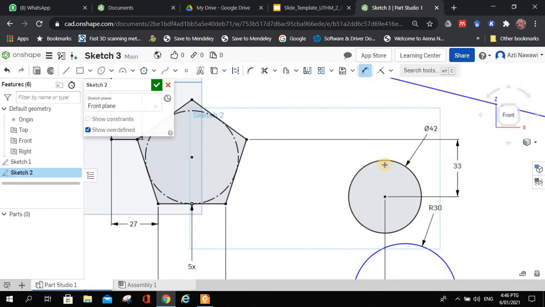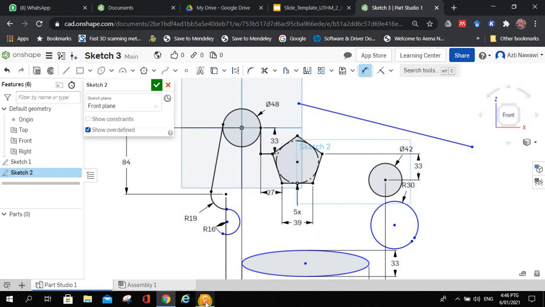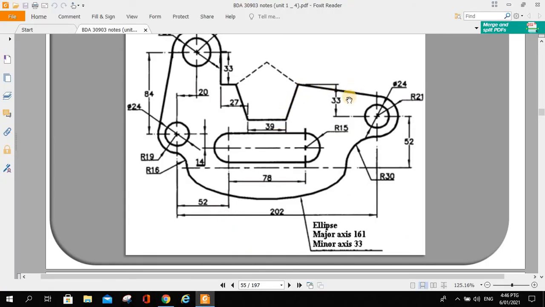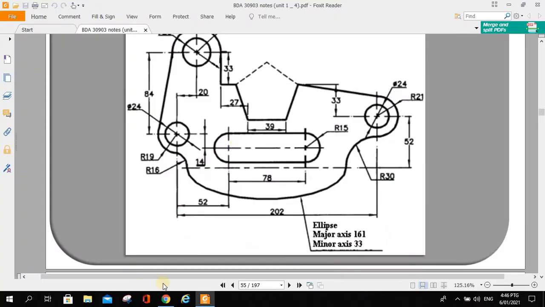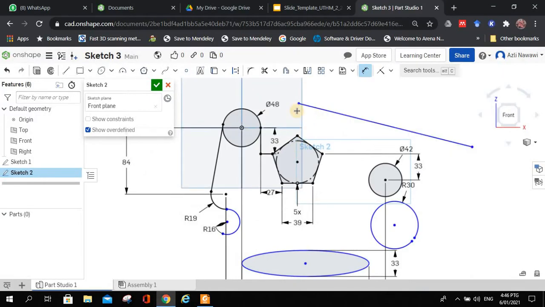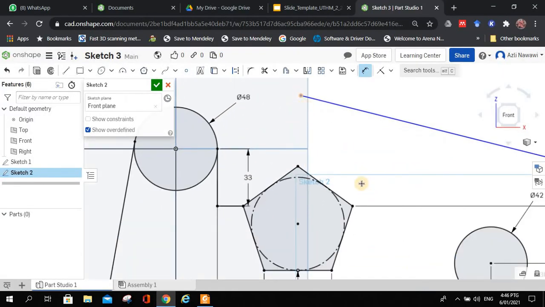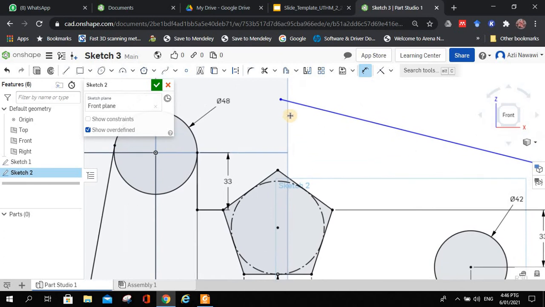Okay, nicely done. And then we can put this line in position. The line is coincident to the polygon, and it is tangent to the circle. So it is quite easy. The first thing is this point, make it bigger. This thing is quite easy. This point, okay, escape. This point and this point,